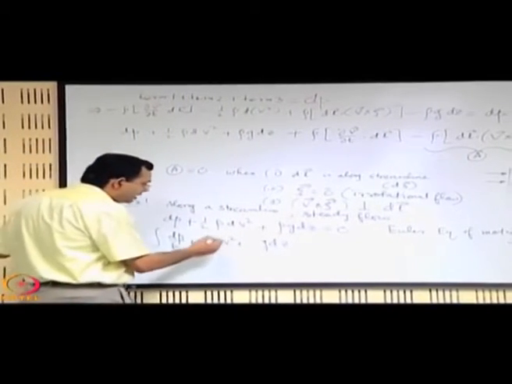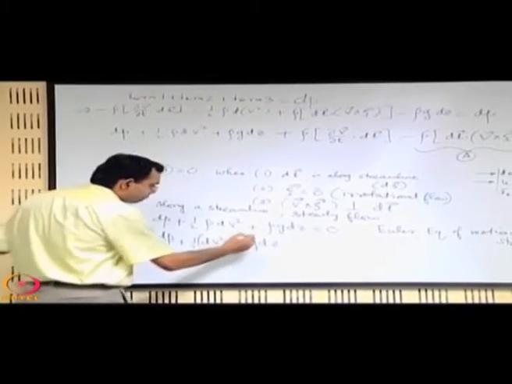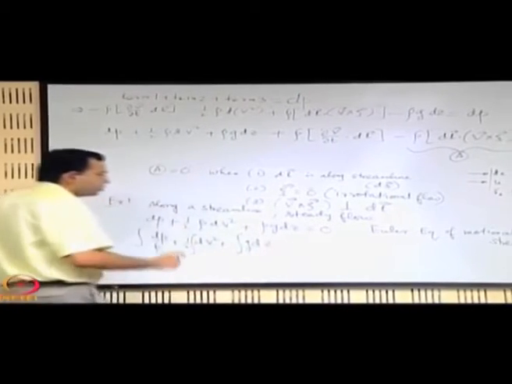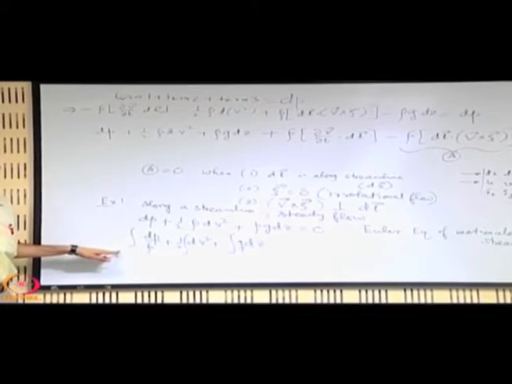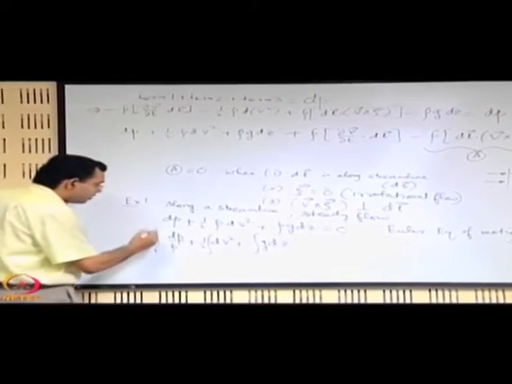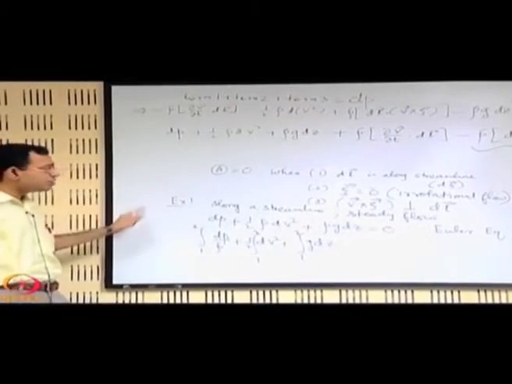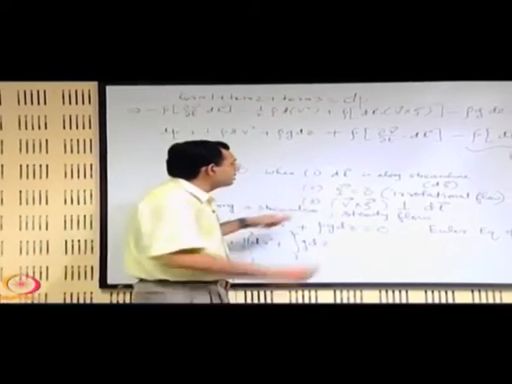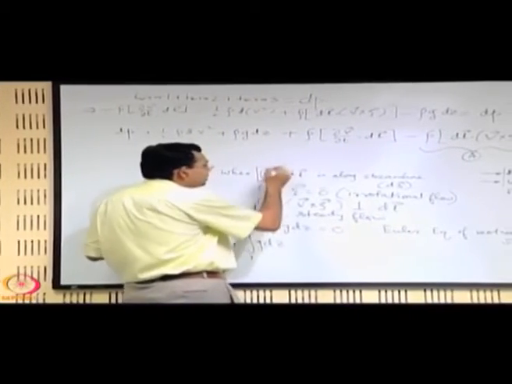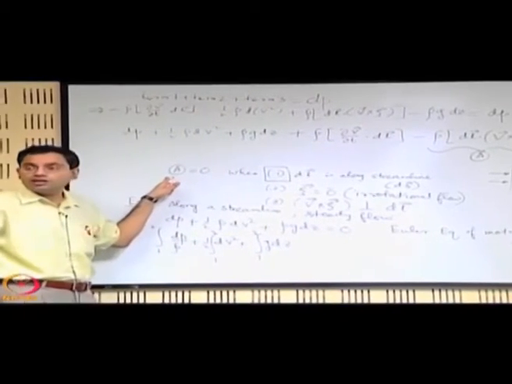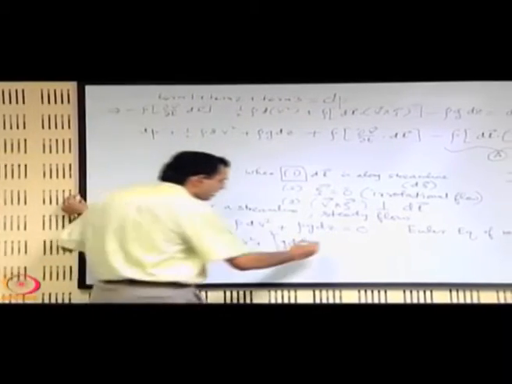When we try to integrate it, what are the points over which we are integrating? We are integrating between 2 points, 1 and 2, which are located on the same streamline, because we have considered along a streamline, that is, this particular case which has made the term a equal to 0. So this equal to 0 is still valid for any type of flow,